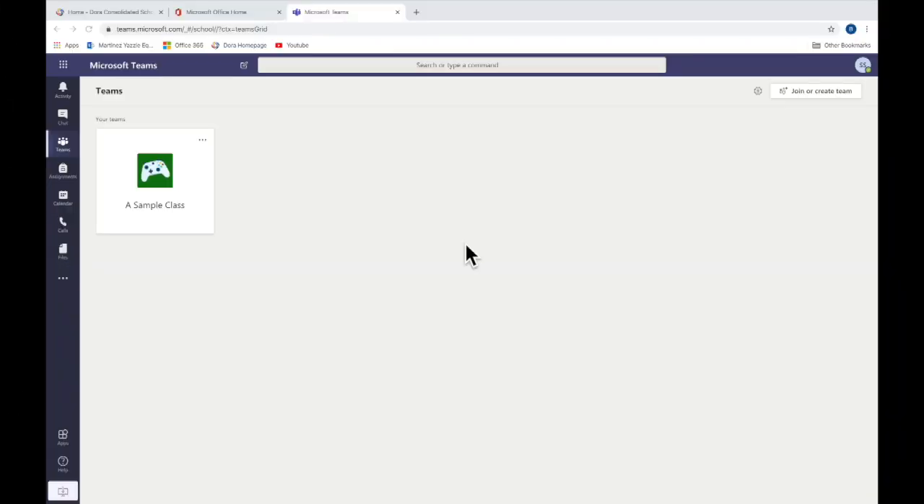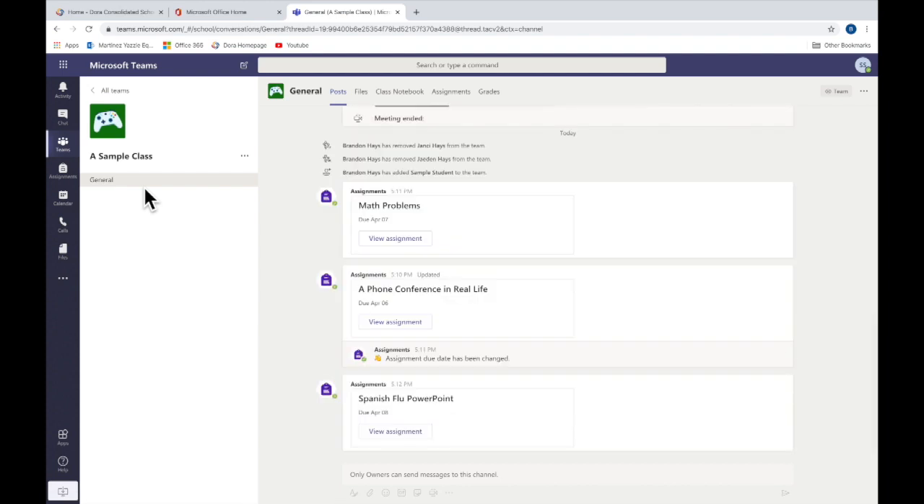We are now going to take a look at an overview of the Microsoft Teams. Once again, I only have my one class, but yours would show multiple classes here. I'm going to choose the class, sample class, for this example. And when this opens up, there's several different features we will explore, but the very first is Post, and this